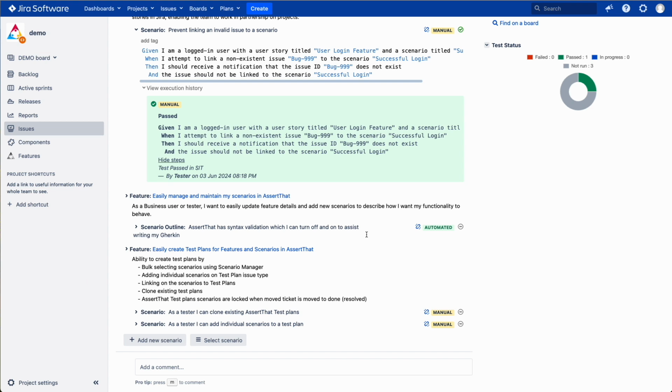So you can view the status of your automated test results within the AssertThat plugin. There are a number of places where you can see the status. Here on the issue view against the user story. We also have a number of different reporting, including dashboards, traceability, specific test automation reporting. The typical flow would be that you would host the BDD scenarios within the plugin. Your test automation framework would execute. It would select and filter which scenarios from the plugin would be downloaded and executed within the framework. The test automation results would be imported back into the plugin, and you could then see the status of the results in the page here.